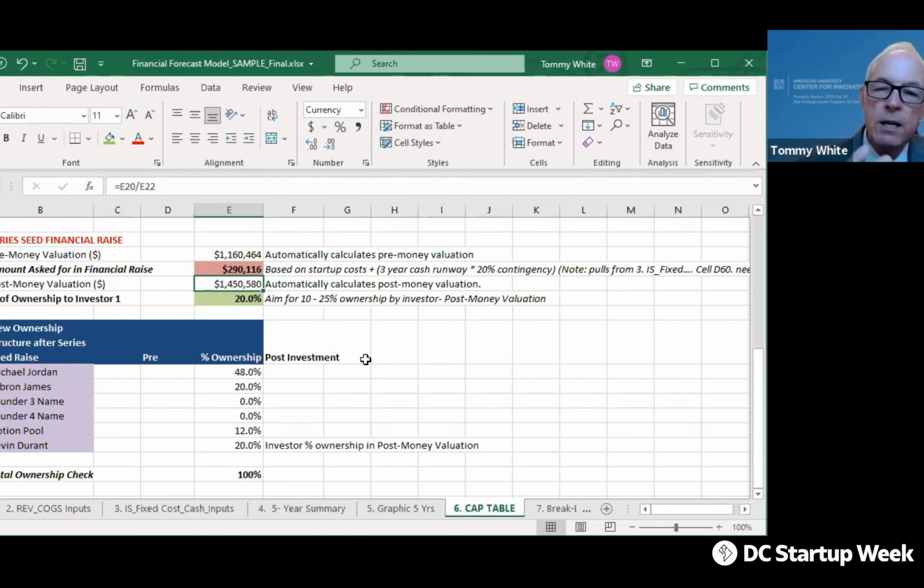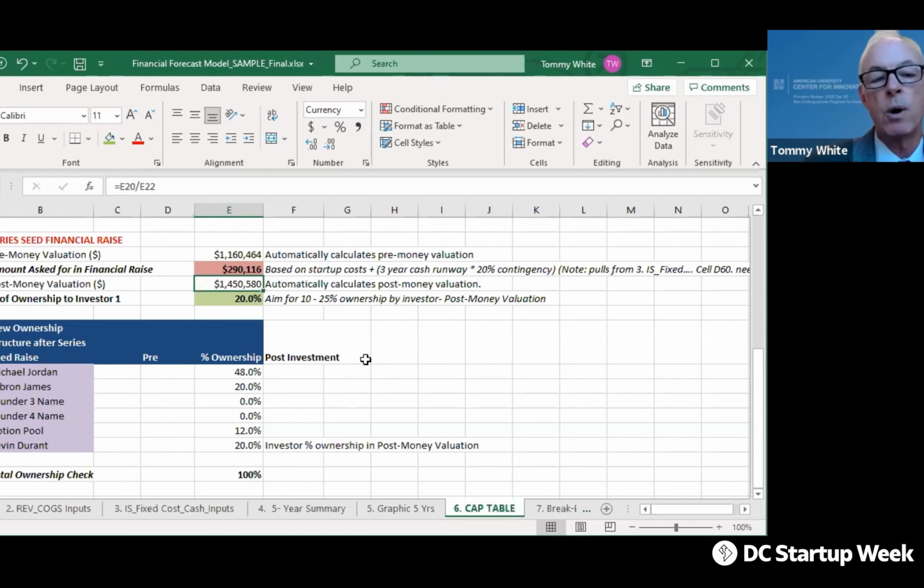So this gives us a real simple first calculation of the money that we need to consider raising and how much equity we would exchange for that. The way we would state this is, we need to raise $290,000 to pay for our startup costs, give us a 16-month runway, and we're willing to exchange that investment for 20% ownership of our company,